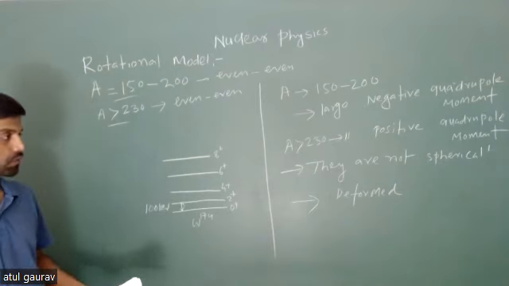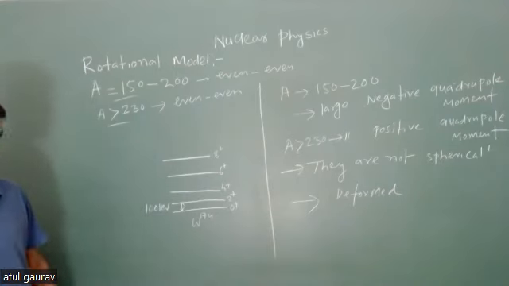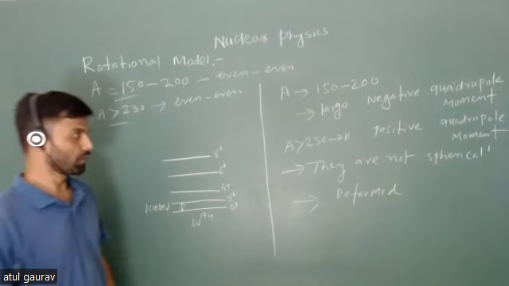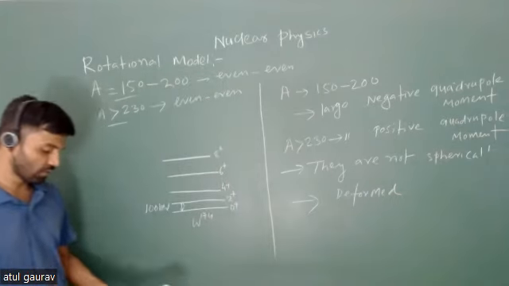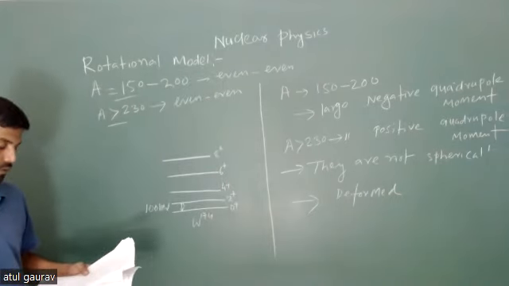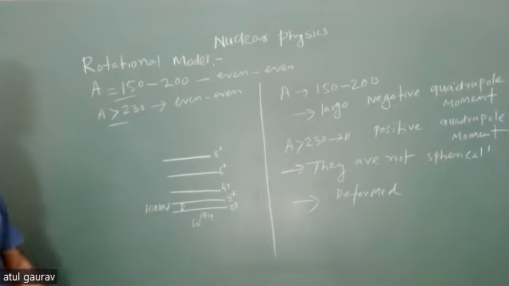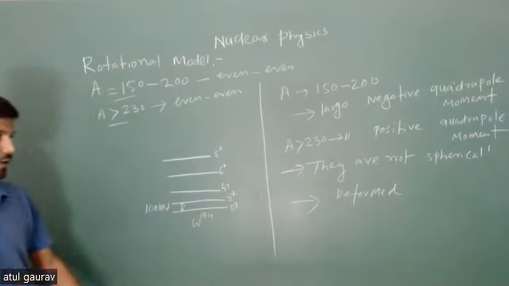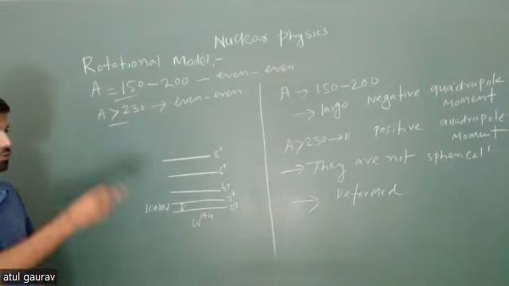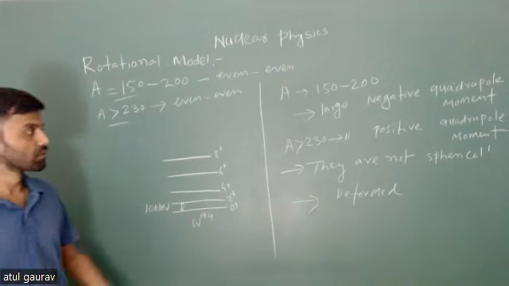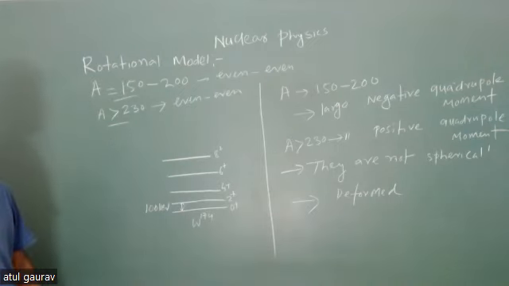So these are experimental results, but you can conclude. If the quadrupole moment is large, then ideally for a sphere it would be 0. So if you have a large value, it means they deviate from the spherical structure. So they are not spherical, they have a deformed structure. If you put this deformed structure in rotation, if you rotate this kind of nuclei, then its